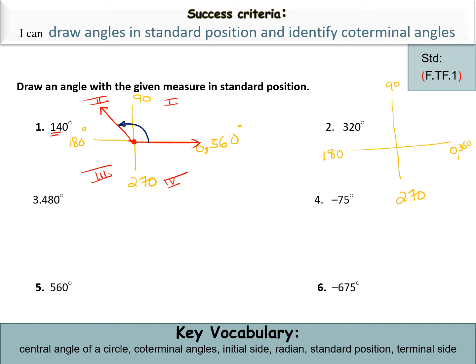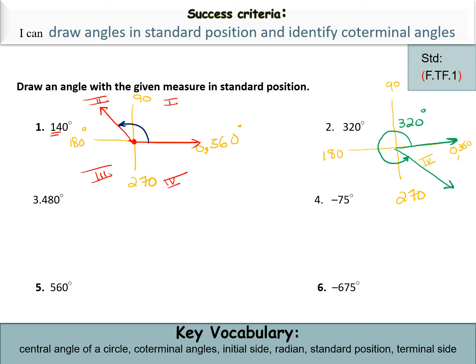320 degrees, of course, you will find in the fourth quadrant. The reason is it is between 270 and 360 degrees. So the initial side stays at the same position. You move your terminal side and somewhere here you will get 320 degrees. Don't write inside this one, because one rotation you came over here. So indicate your angle from the outer side. Now it is your 320 degrees.